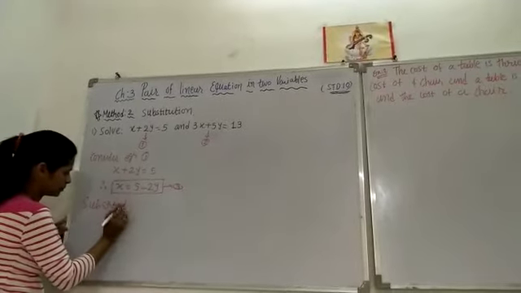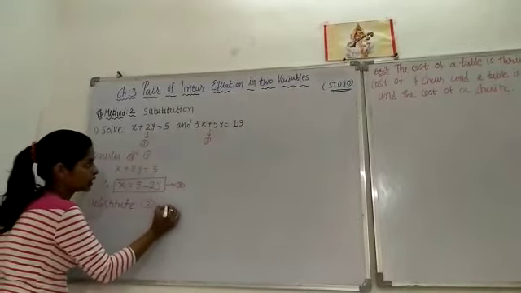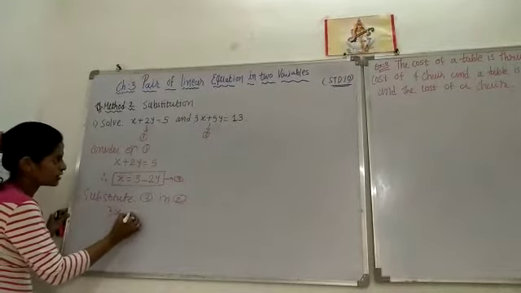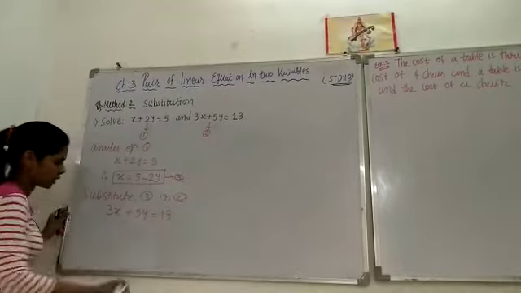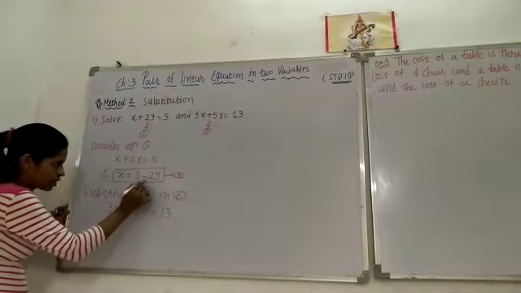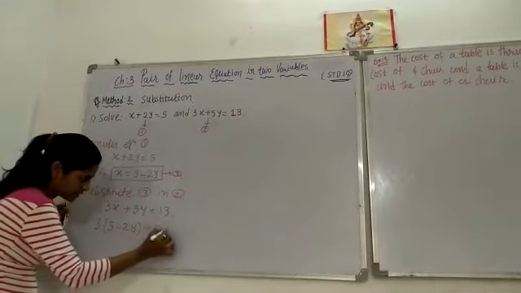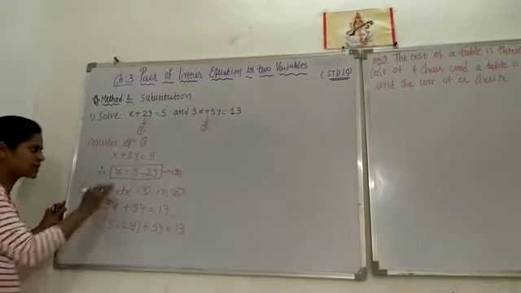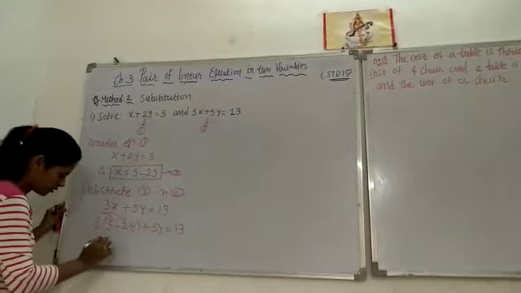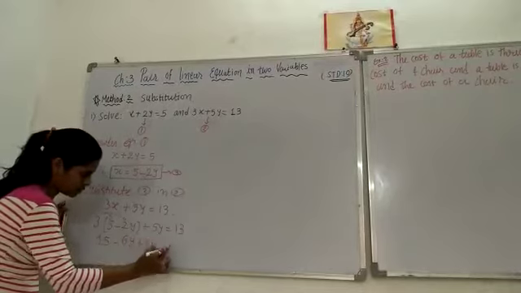Substitute 3 in 2. So how? Your 2 is 3x plus 5y is equal to 13. Now put instead of x, 5 minus 2y. So 3 as it is, instead of x you should write 5 minus 2y, plus 5y as it is. This is also as it is. Now remove bracket. So 3 fives are 15, minus 3 twos are 6y, plus 5y is equal to 13.